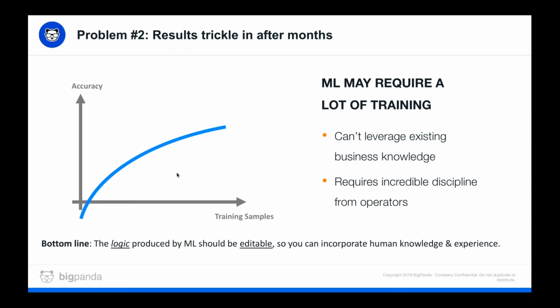They don't have the 6 to 9 months it might take for a brand new tool to be trained by months or hundreds of thousands of alerts that come in. So that's one issue. The other issue with this is the fact that because it takes a long time to train it,